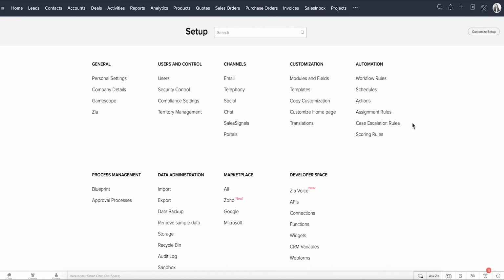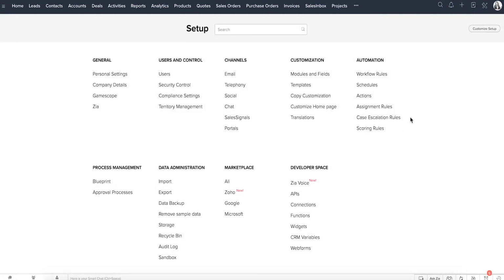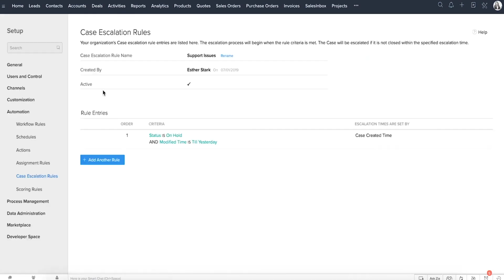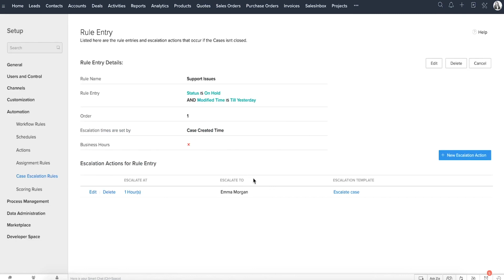Resolving customer problems in a timely way is also very important. When they're not resolved, it leaves a bad mark on the company's reputation. When the person who is supposed to handle the case couldn't do so, escalating it to another person in the organization's hierarchy is the natural process. To automate this process, you can create a case escalation rule here and specify the criteria of the case that should be escalated if it's not handled in the